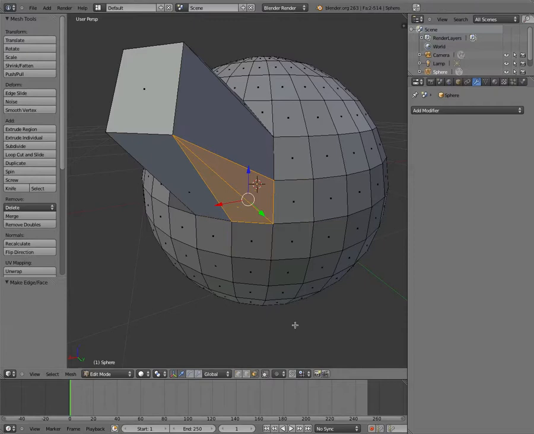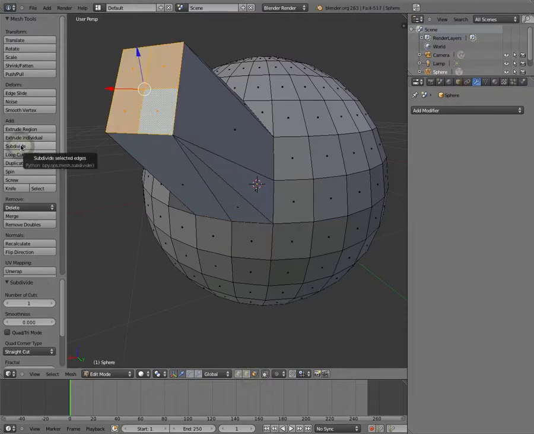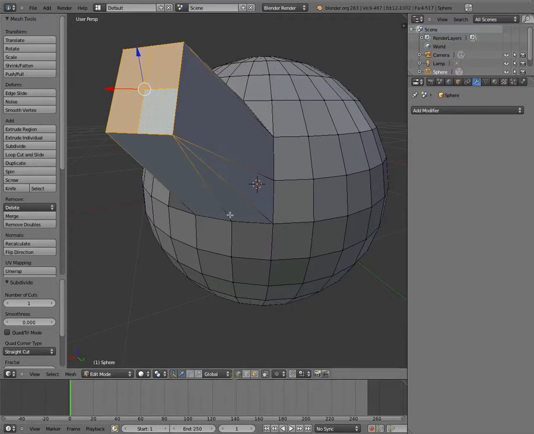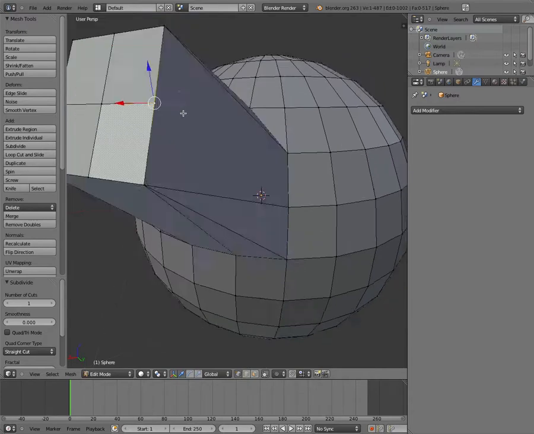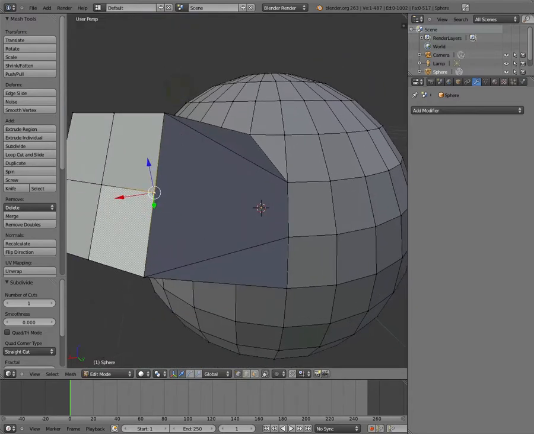I don't usually use it, but let me just select this face, and if I hit subdivide, you'll see it divides it into 4 pieces now. So now I've got the same basic face, but it's been divided into 4 pieces, and I can go about my business. The negative to this is oftentimes the subdivision doesn't do exactly what you want. So now you can see that this point here is kind of hanging off in midair,